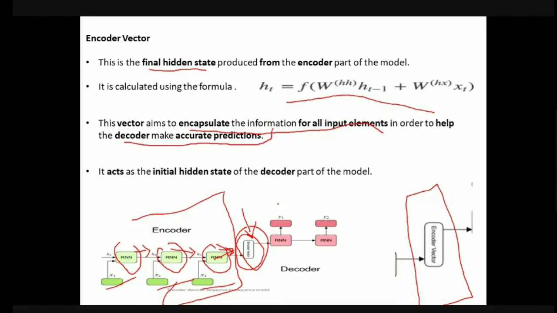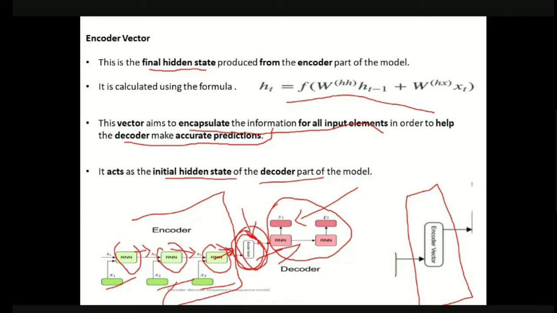The prediction done by the decoder depends completely upon the values it gets from the encoder vector. So here the encoder vector is very important, because it is the input for the decoder. Finally, this encoder vector acts as the initial hidden state for the decoder.